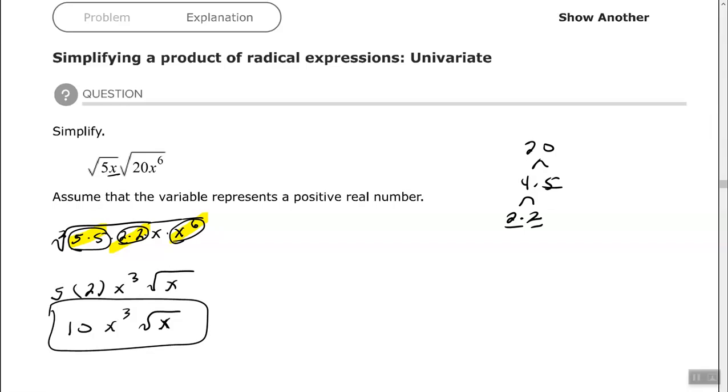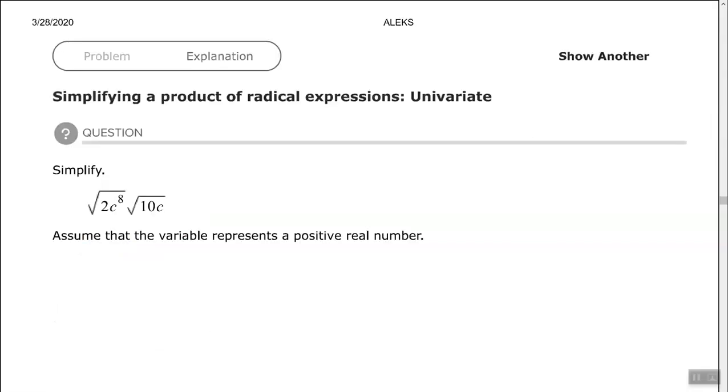Alrighty, let's look at one more of these. Alright, so here we have the square root of 2c to the 8th times the square root of 10c. So the 10 can be broken down to 2 times 5. So 2, and then 10 is 2 times 5. C to the 8th